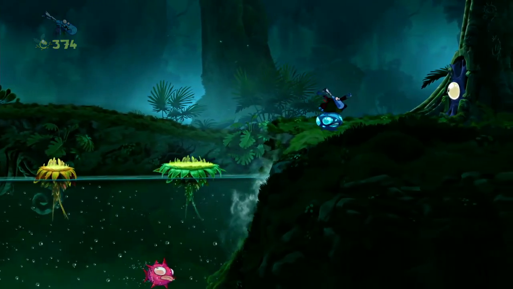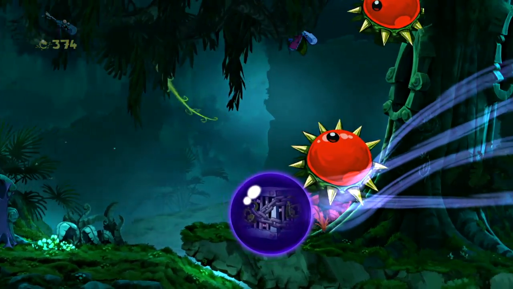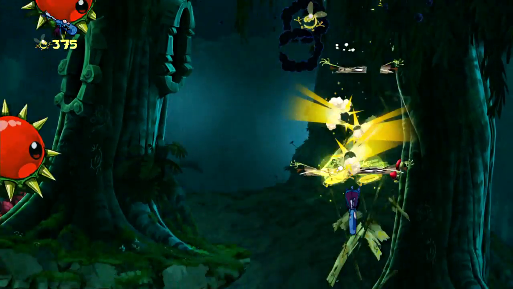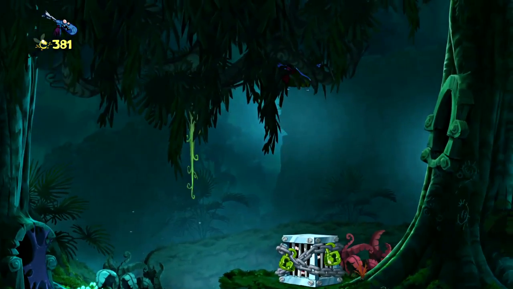So, assuming I can make my jumps correctly, we can get out of here. Alright, so let's go thread the needle and die. There we go. Much better the second time around. And we'll kill all of these guys for the fun of it. Why not? We don't need them around. Now we can free our electoon cage with